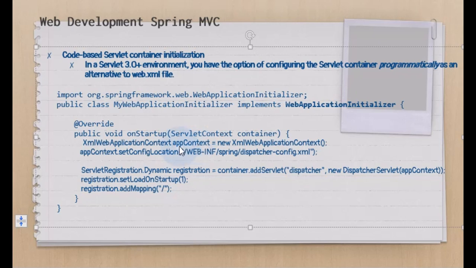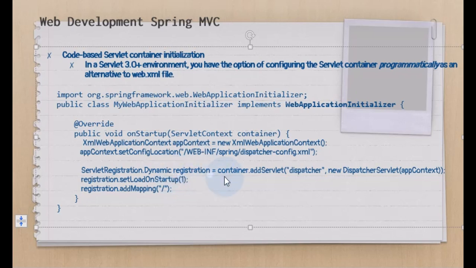Once we create the instance of the application context, we are pointing that instance to a location where beans are defined. Again, we are not going to use any XML files, but when we implement the web application initializer, we need to have an XML file for bean definitions. Our ultimate aim is not to use any XML, but I am just going through the theory one after the other. So once we have assigned the bean definition file to the application context,